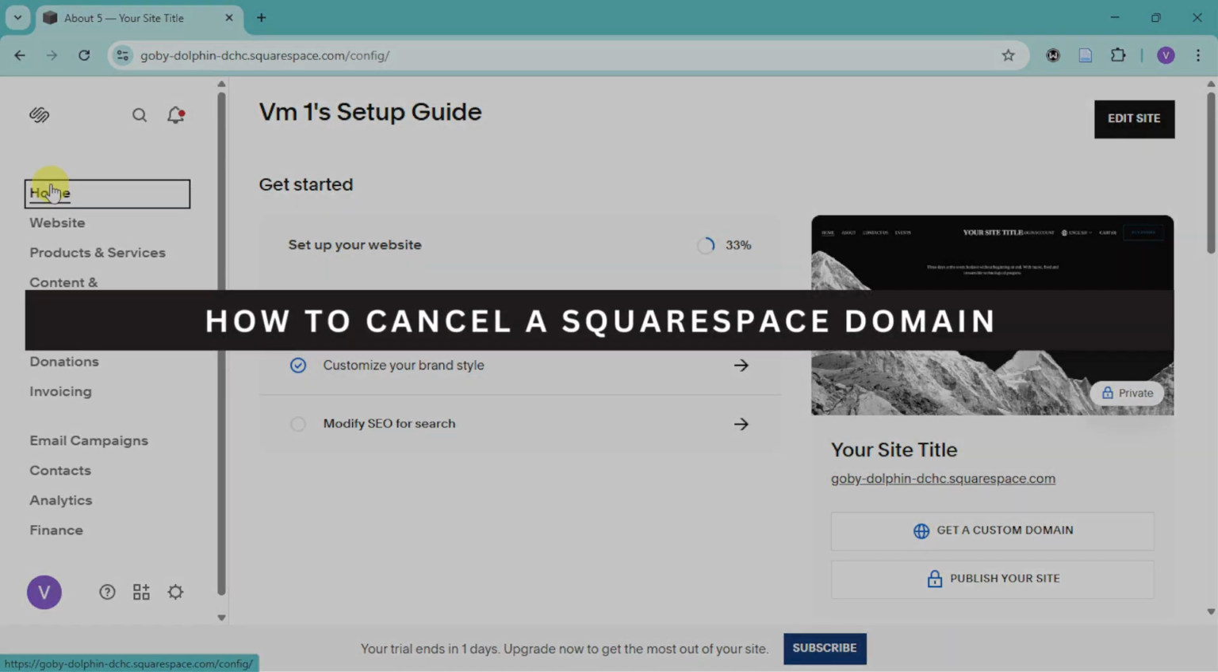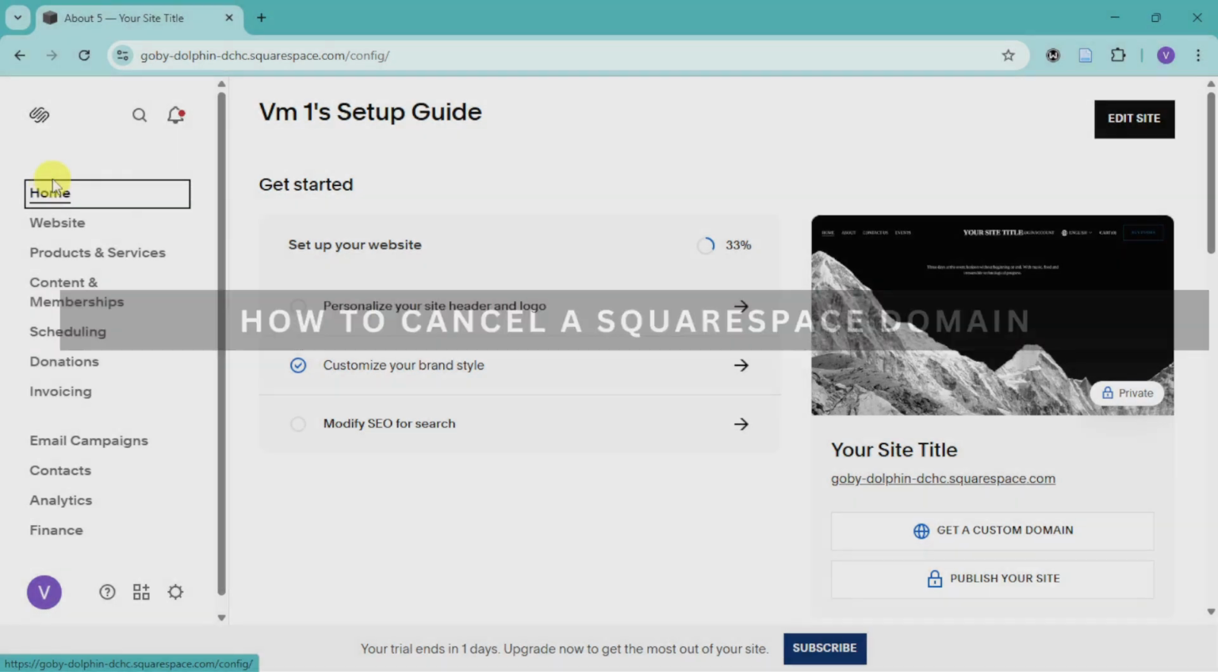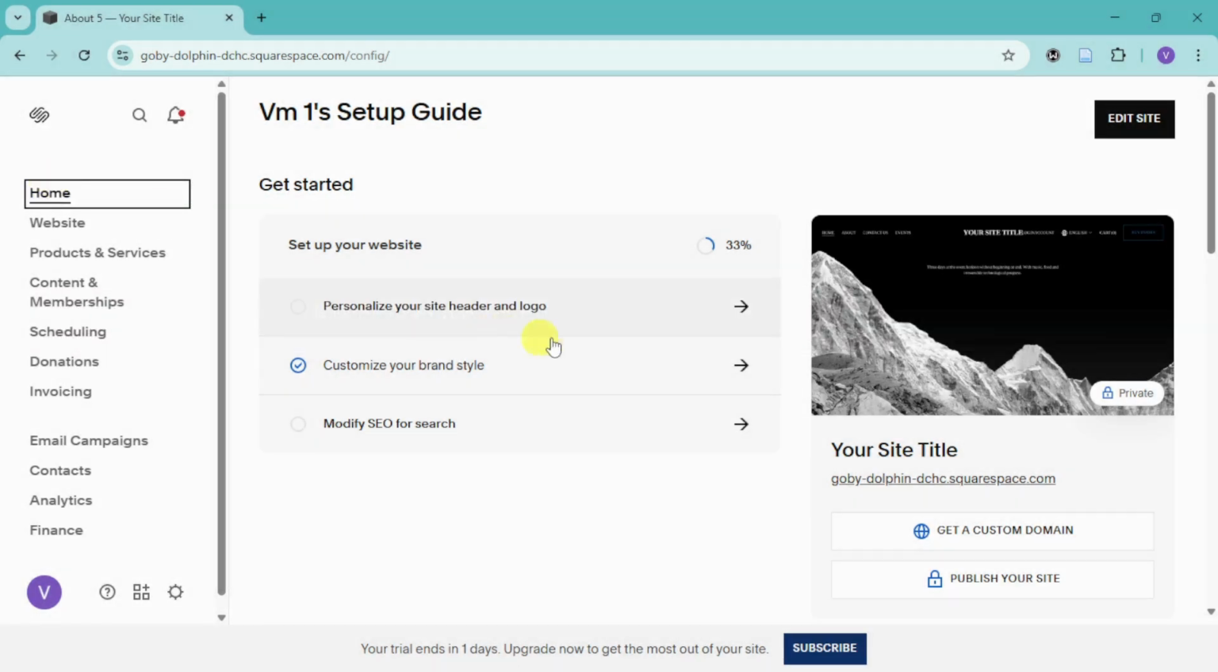How to cancel a Squarespace domain. So in order to cancel a Squarespace domain, first thing you need to do is just head over right here